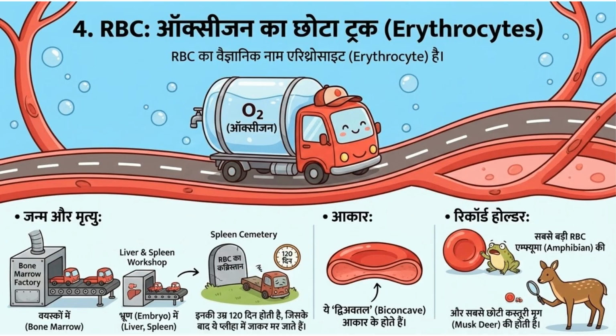RBCs, or erythrocytes, are the oxygen trucks. They are formed in the bone marrow in adults, but in the liver and spleen for embryos. They live for 120 days and are destroyed in the spleen, the RBC graveyard. They have a biconcave shape,